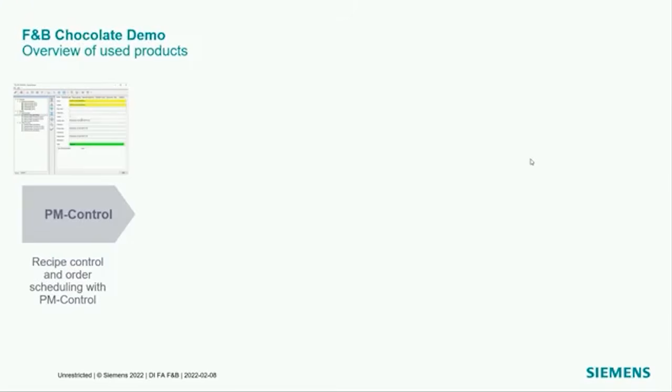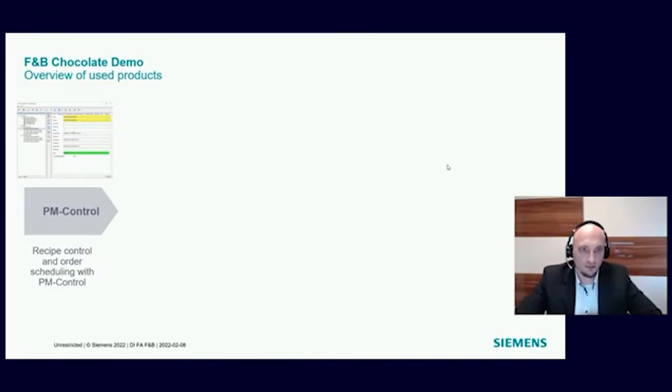Let's first get a better understanding of what you will see in the video and what we used for our demo system. The demo system we use is a demo for a chocolate production line. This chocolate production line is completely automated with our TIA Portal and several optional tools we are using to do everything in a virtual environment.